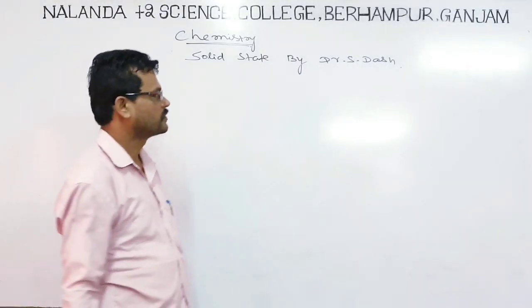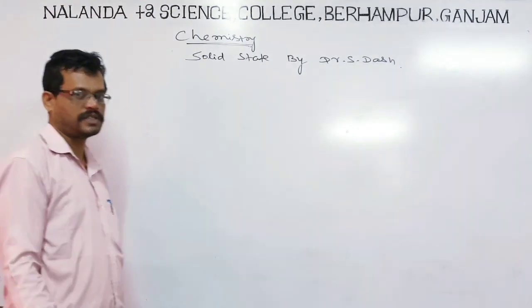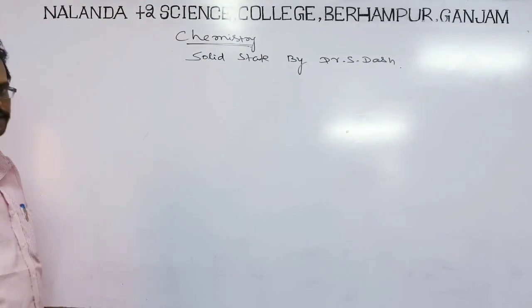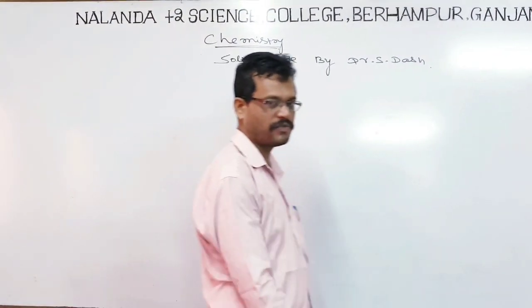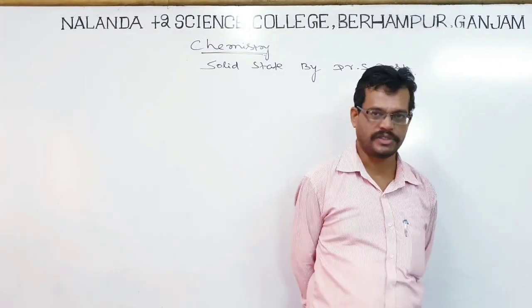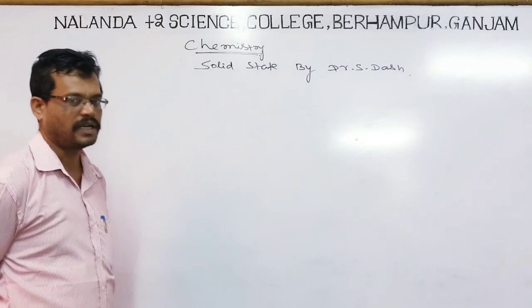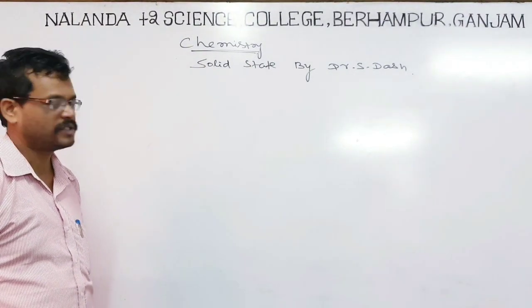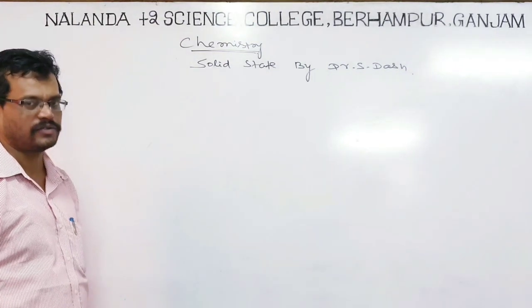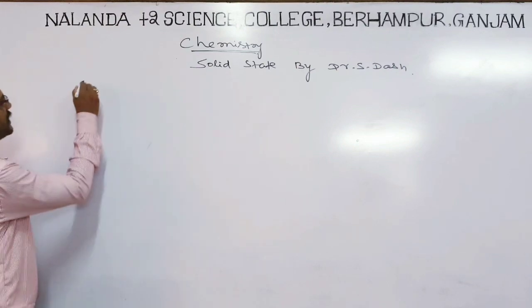Good afternoon, students. Last class we discussed the four types of crystalline solids, their characteristics, their properties, and their natures. Today we have to see how these solids are formed. In the formation of solids, we can observe that each solid consists of small particles. These small particles may be atoms, ions or molecules, and they are also known as unit cells.